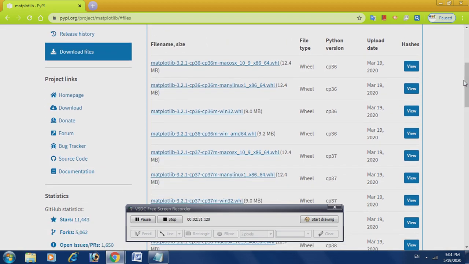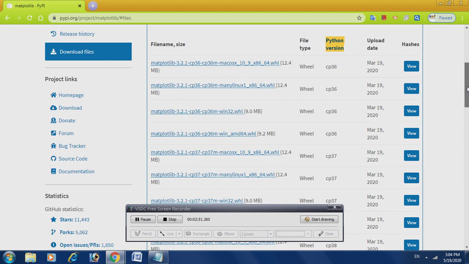So this is the list. These are the wheel files of Matplotlib. These are required to install this library in our system, and these are the Python versions. So according to your system and the version of Python, you can download.